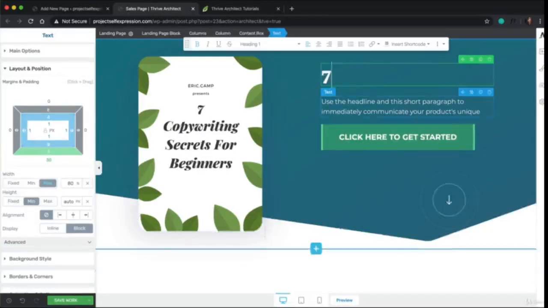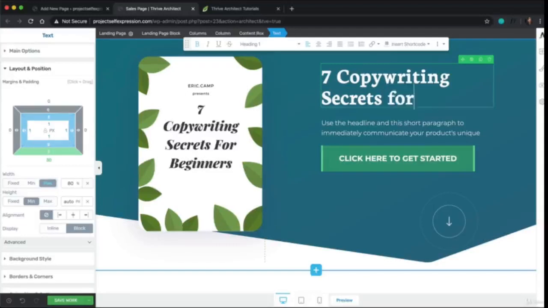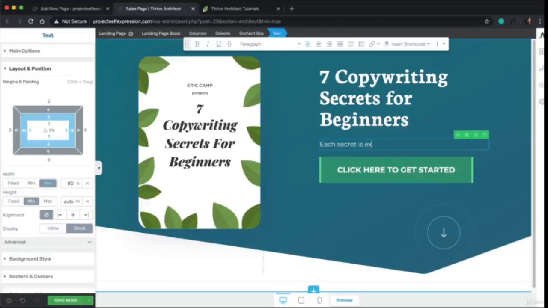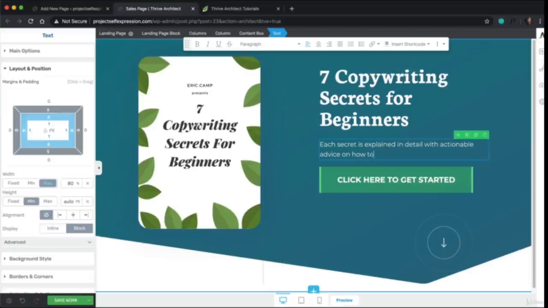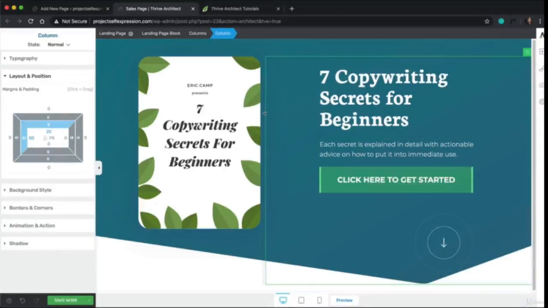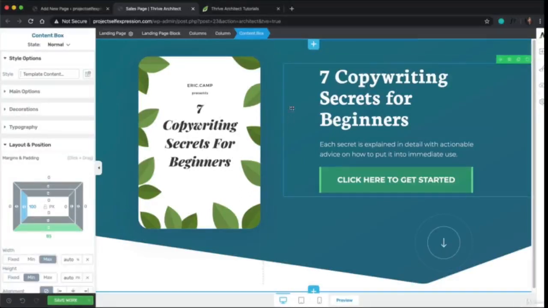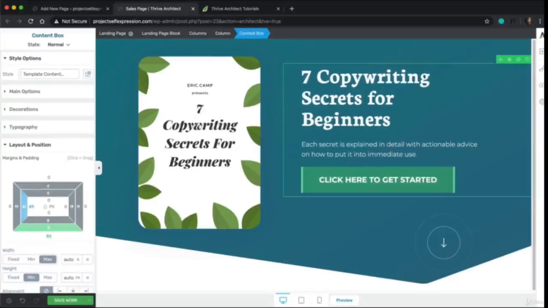And I'm just going to rename this 7 Copywriting Secrets for Beginners. Each secret is explained in detail with actionable advice on how to put it into immediate use. So of course you can spend as much time or as little time as you want writing this copy. The choice is yours, but I'm just going to leave it like that for now. One thing we can do here is I'm going to click on the content box, and I don't like how much space is right here. So right here is the padding, and we can either click and drag to adjust it